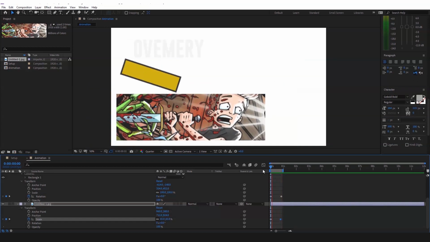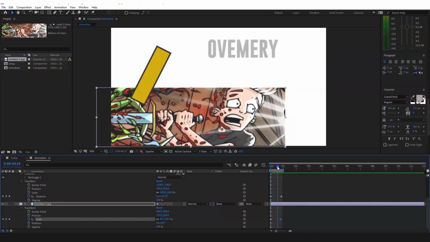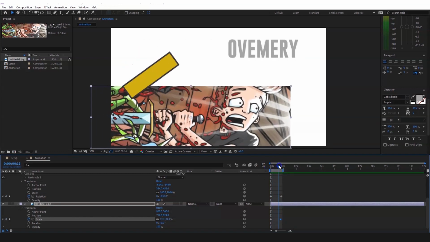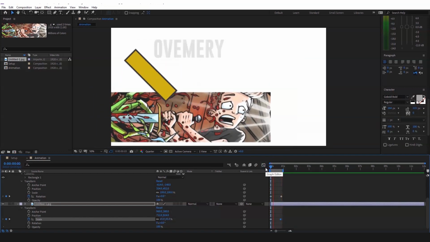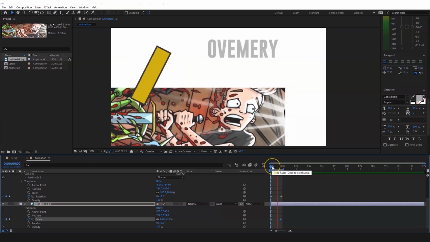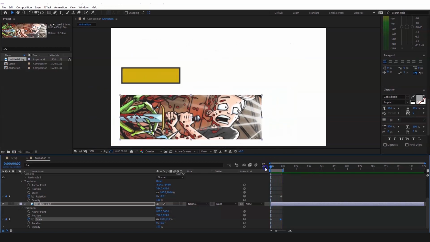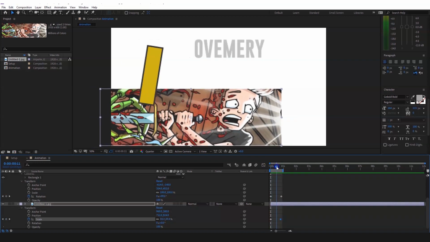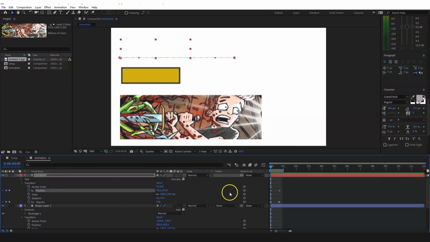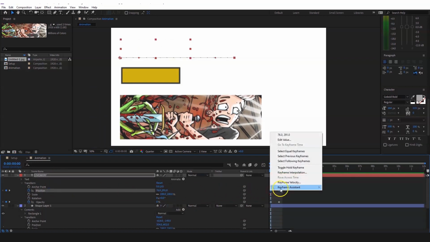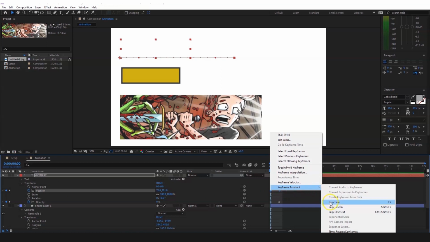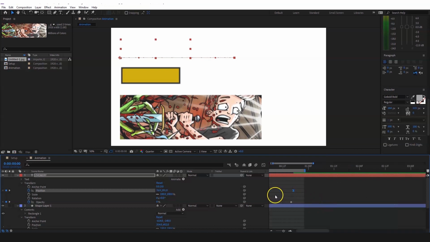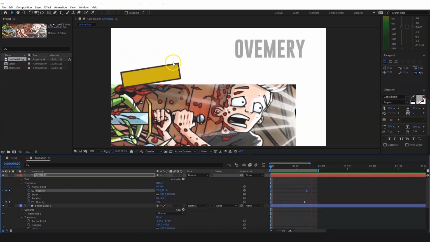One thing though, before moving forward: when objects are moving at the same constant speed like this, it quickly becomes kinda stiff. And an easy way to bring weight and life into our object is something called Easy Ease. I select my position keyframes on the Ovemry text, right click on one of them and select Keyframe Assistant and Easy Ease. They now change from squares into hourglass shapes, and if we hit spacebar, it's a little more smooth